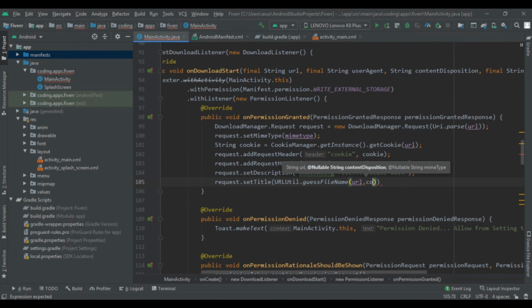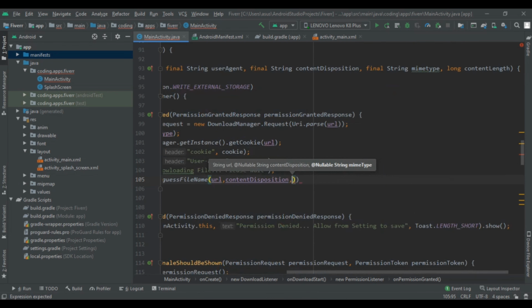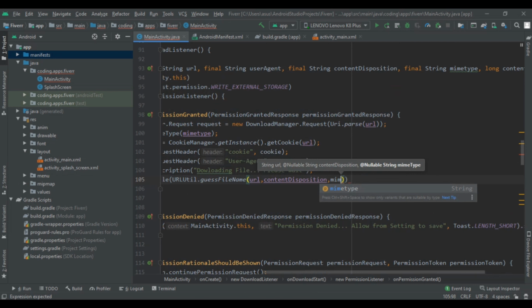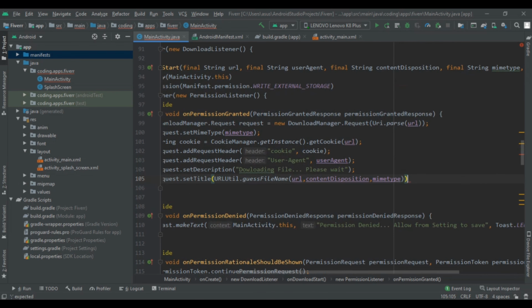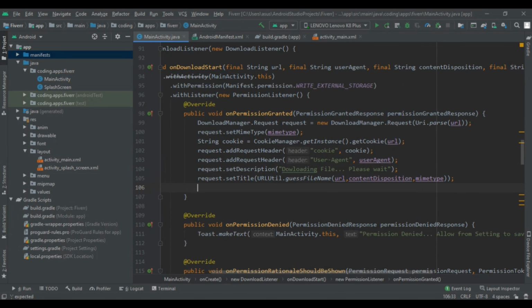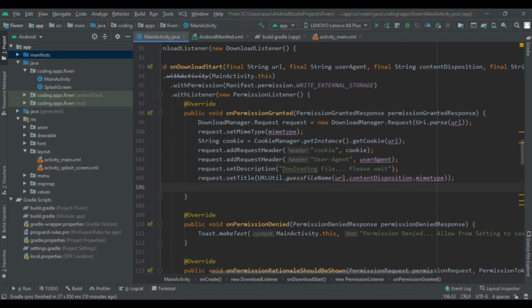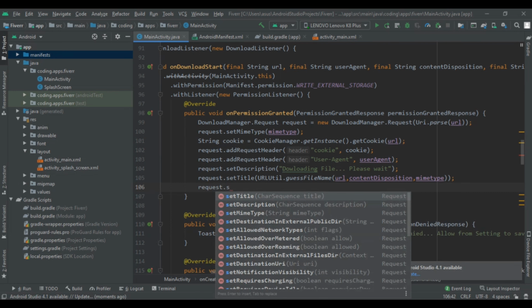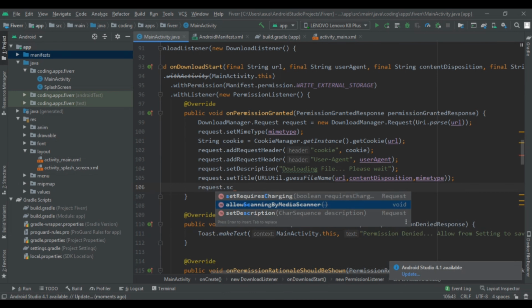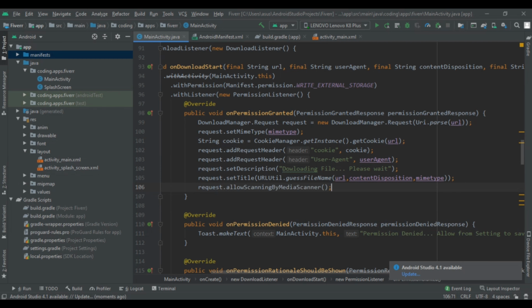So content disposition and then mimetype, that you can see from here. Then close that, and after that we have to request scan media by scanner. So request dot allow scanning by media scanner. So by this method all our downloadable things will be scanned.